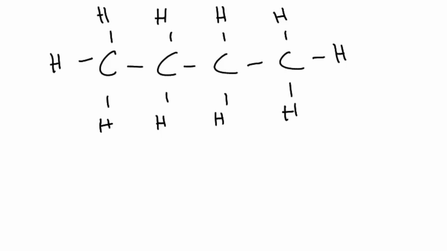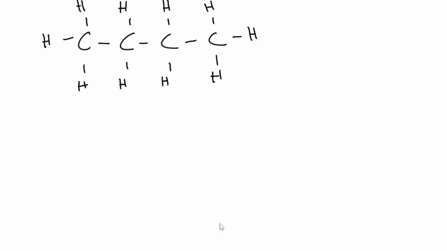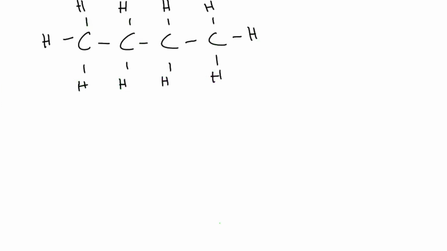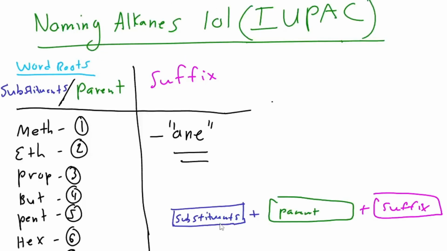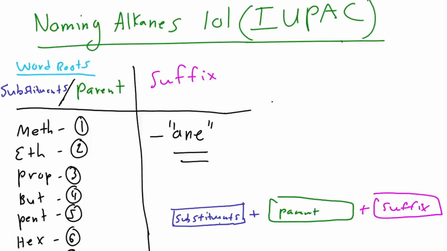Firstly, let's look here. Does it have any substituents? No, it doesn't have any substituents at all. Does it have a parent? Of course it does. We can see that there are four carbons, and that's our longest chain. That's going to be our parent. And it has to have a suffix of ane, as it has single bonds between carbons and hydrogens. So therefore, with four carbons, and if we look at our word roots, it is but, so it's going to be